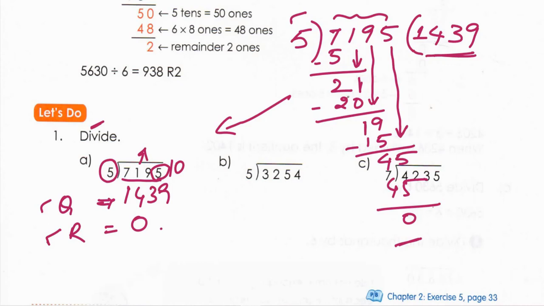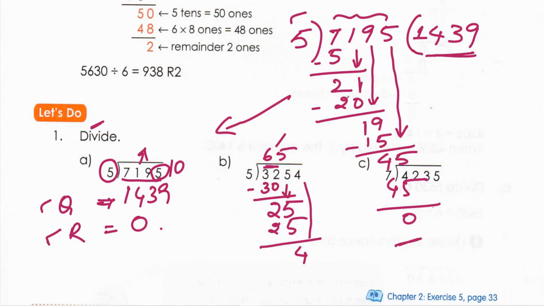Come back to B. We'll do it here itself. In this way you can write down the quotients on the top. So here 3 is lesser than 5. That's why you now take 2 numbers, that is 3 and 2, that is 32. 5 6s are 30, that is minus. Take this 2, it becomes 25. Then 5 5s are 25. This is 0. No need to keep 0. You just drag this 4 here.